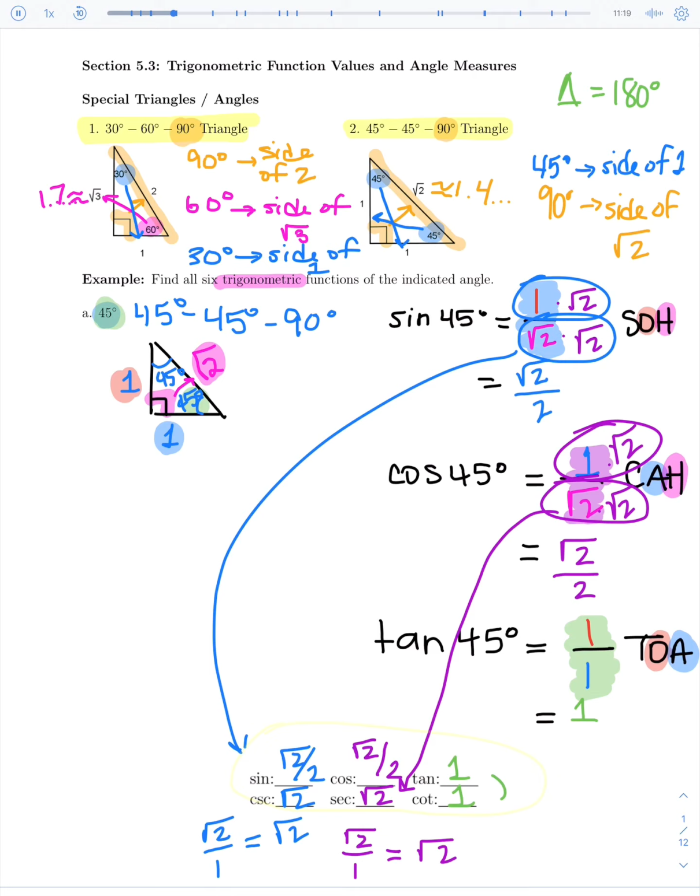So these are your 6 trigonometric values for a 45-degree angle or a 45, 45, 90 right triangle. And we'll use these over and over and over again in this course, this specific set of sine, cosecant, cosine, secant, tangent, and cotangent. But I would really only worry about how to find sine, cosine, and tangent. Why? Because we know that cosecant, secant, and cotangent are just reciprocals of the other 3. Now let's